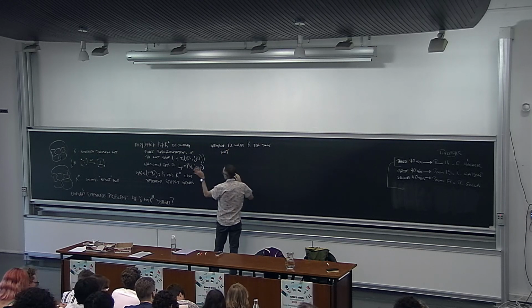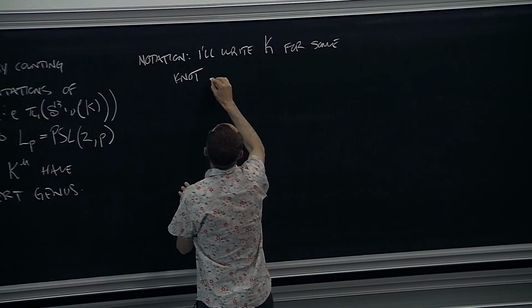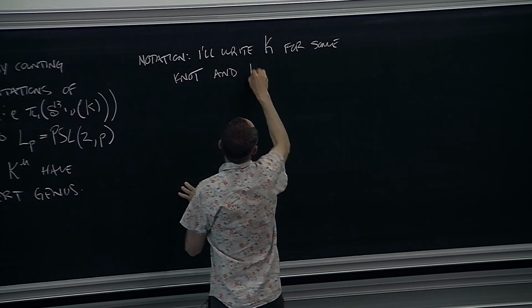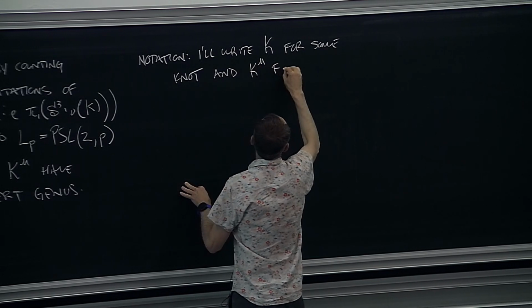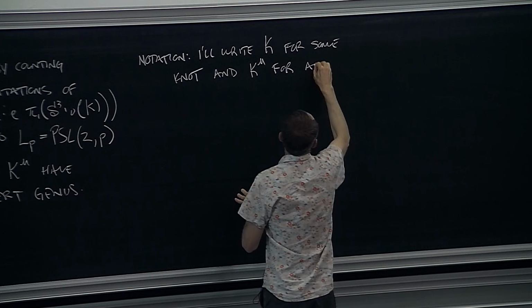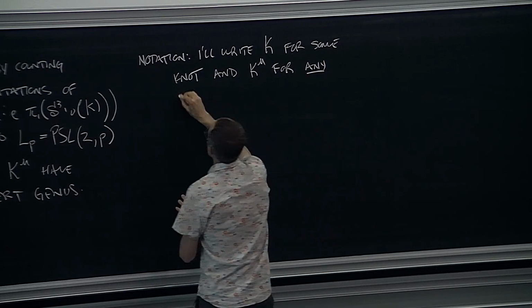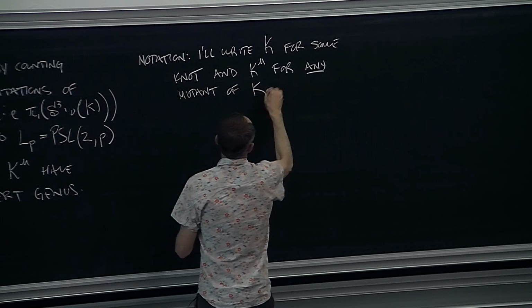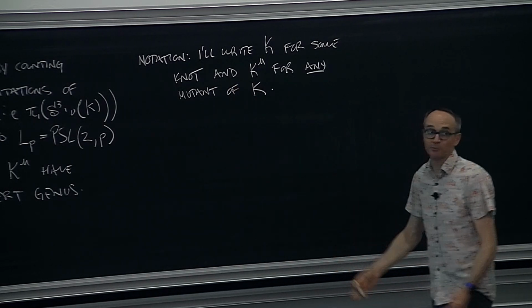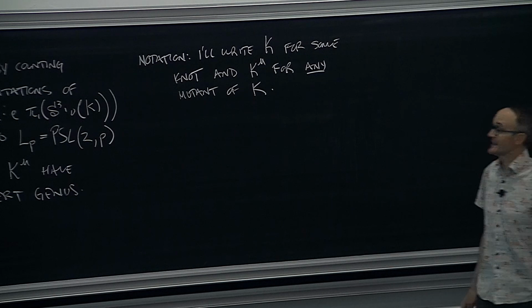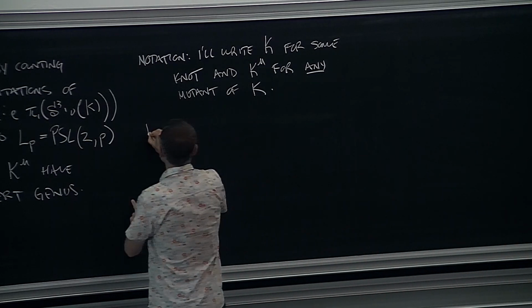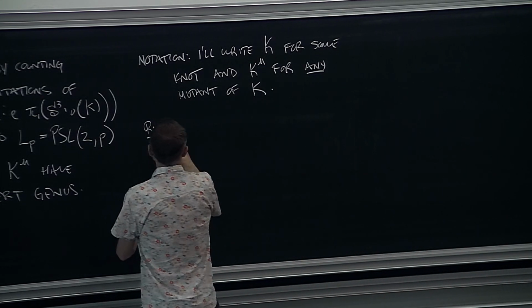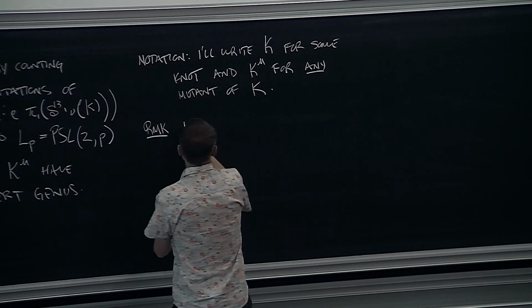So not just this Kinoshita-Terasaka knot, and K mu for any mutant. Okay, so this is somewhat ambiguous. The point is it's supposed to be clear from the context. Maybe a remark is what's ambiguous here is there are actually